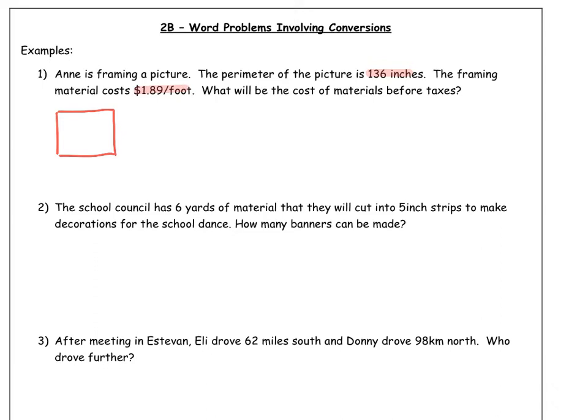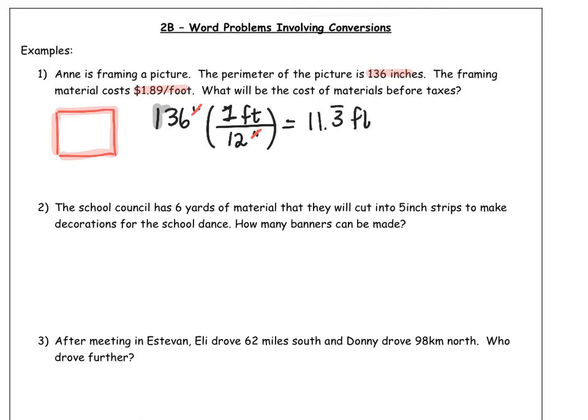Well, I mean, we have to think about if I'm putting a frame on a picture, it's going to go around the outside, right? So basically, I need to calculate the cost all the way around the outside. So I need to know how many feet it is around the outside so that I can multiply. So really, what is my job? I'm going to convert this 136 inches into feet, right? So I've got feet on the top, inches on the bottom, and I know that 1 foot has 12 inches. So when I look at my units, the inches cancel away. I'm going to be left with feet. So 136 times 1 is 136, and divided by 12 gives me 11.3 repeating feet. And if it costs me $1.89 per foot, I can just multiply those to get a total cost of